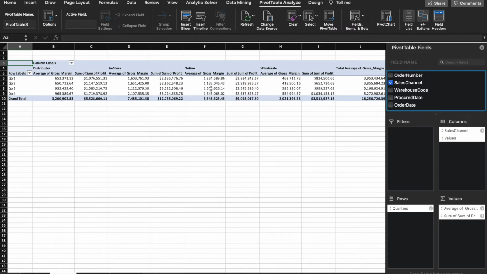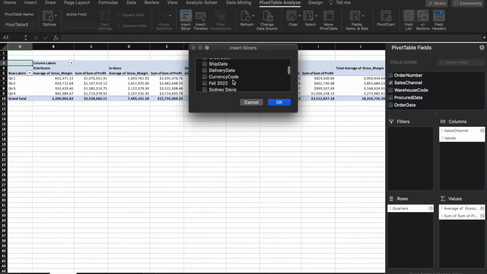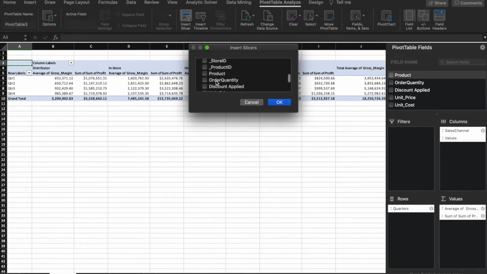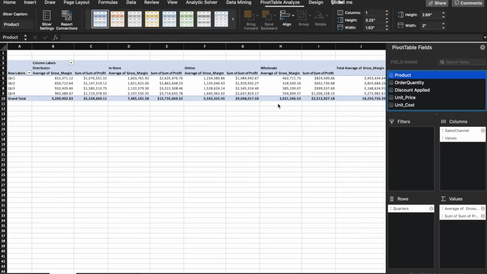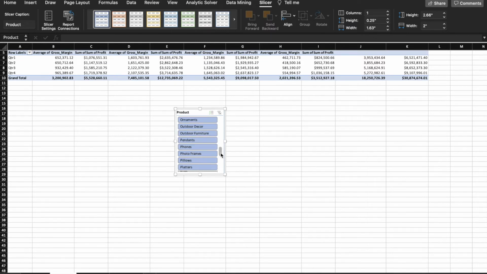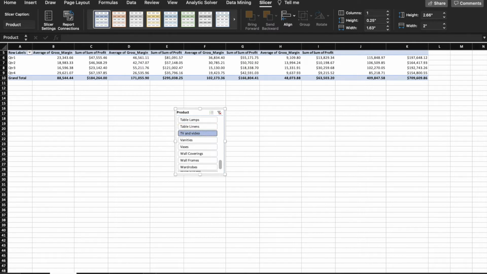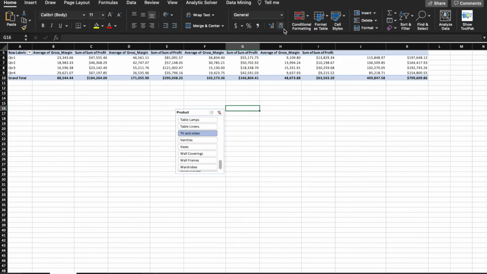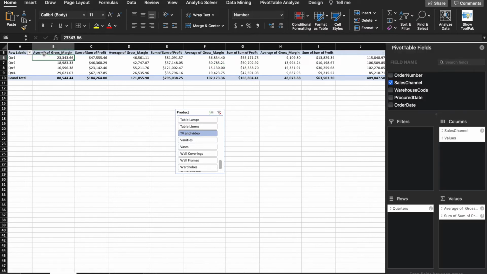So we're still on the pivot table analyze tab on the ribbon, and then on the 5th section there's insert slicer. You're going to go ahead and click that. We're going to be inserting one for product, and we want the slicer to show when the product is TV and video. So we're going to scroll all the way down, TV and video. All right, and then you can go ahead and click off of that, click back onto the pivot table,